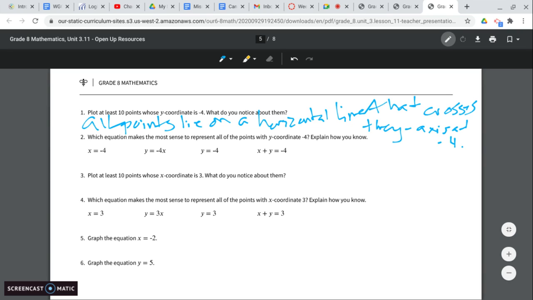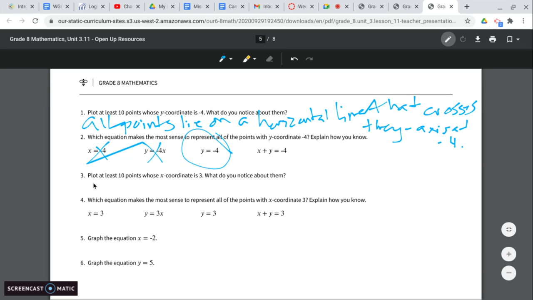So for number 2, which equations make the most sense to represent all of the points with y-coordinate of -4? Well, x equals -4, does that make sense? No. What about this one where it's telling us our slope is -4, which means we'd be going down and to the right? Nope. What about y equals -4? Yes, that means all our y values are -4, so it's going to go on infinitely in any direction. So horizontal lines are going to be an equation with only one variable. A horizontal one will be a y equals equation, and we'll also look at vertical ones, which will be an x